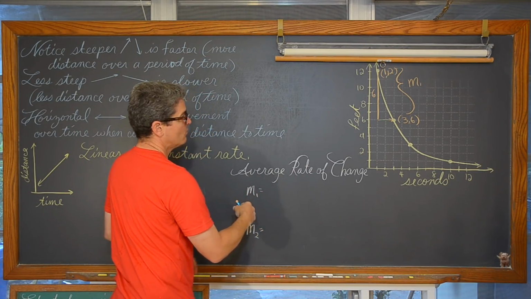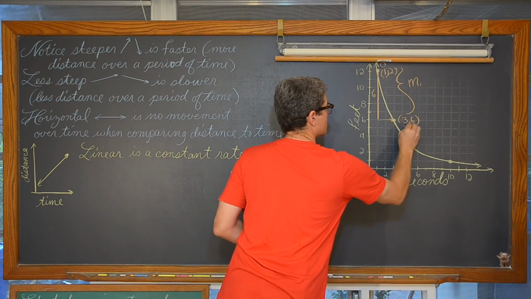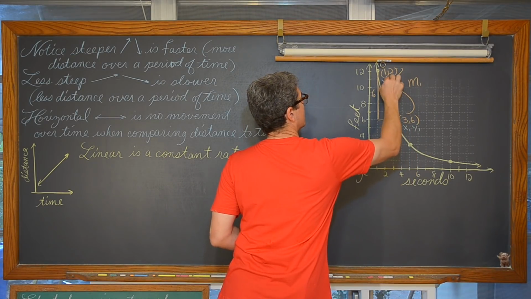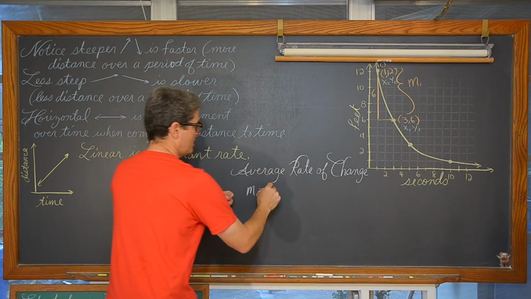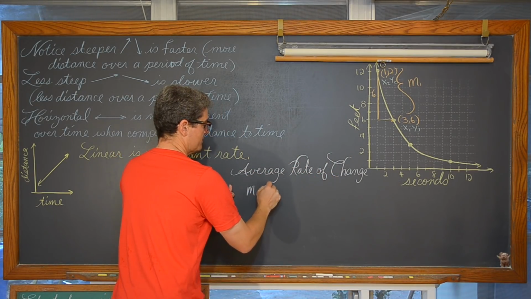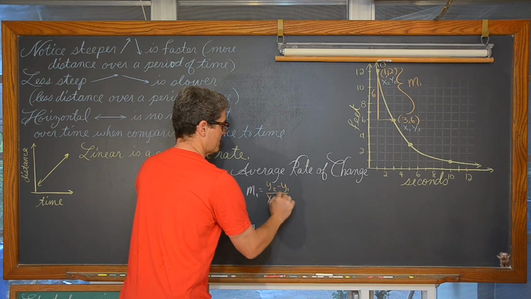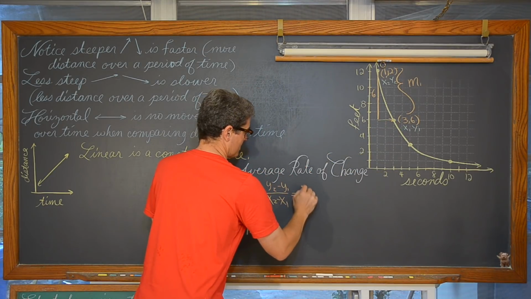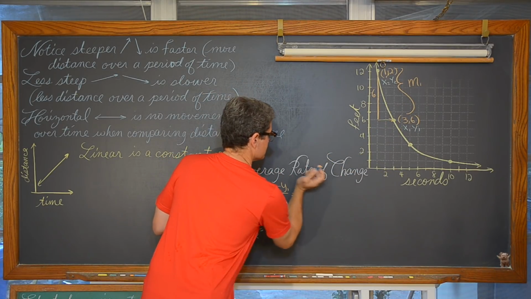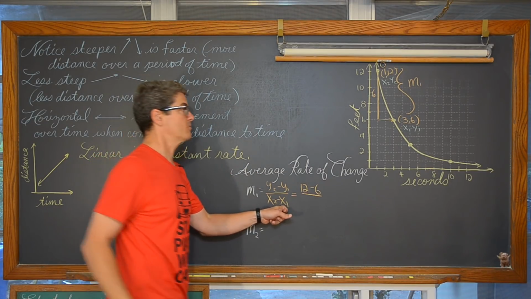And, well, I got the coordinates up here. Let's do x1, y1, and x2, y2. Just hit that formula as well. Average rate of change is y sub 2 minus y sub 1 over x sub 2 minus x sub 1. So we have that 12 minus 6, like we counted off, and then I just verbally said, over x sub 2 minus x sub 1.